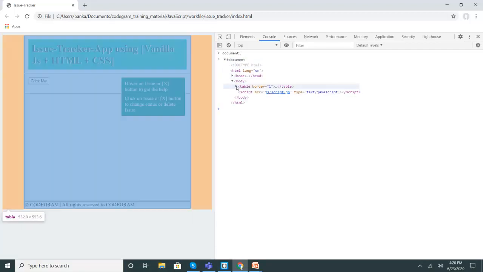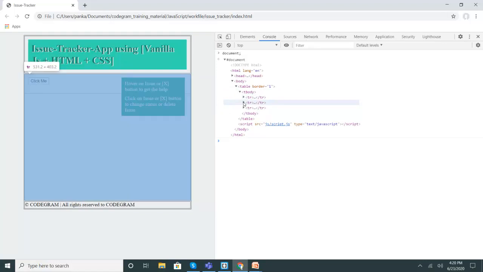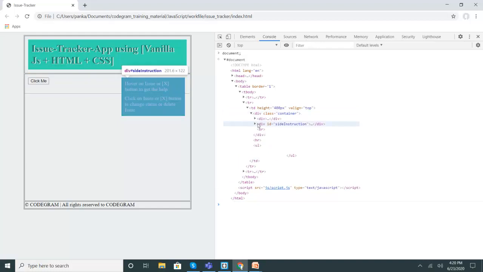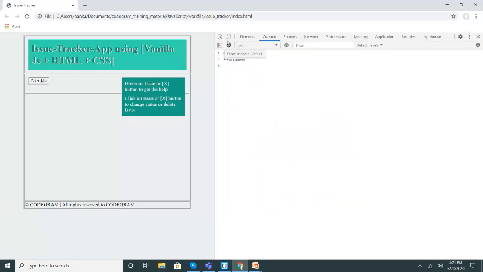Keep going inside this and try to understand where exactly your data will be available. This data should be available here inside the container. You have this, and here you can see this is the button. So if you know that you have one object, through the object you will have certain methods, and through these methods you can reach till here. Let me show you how we reach there.